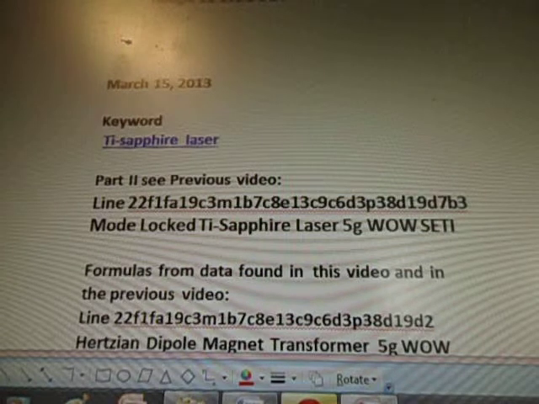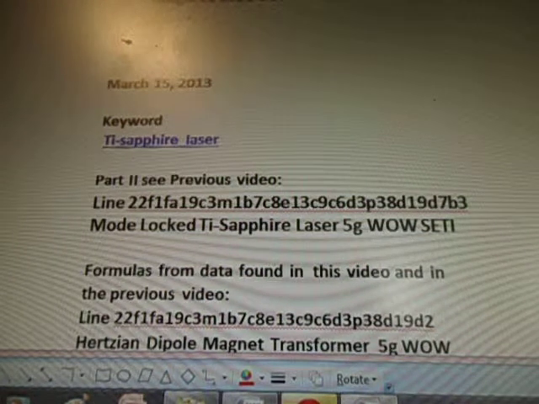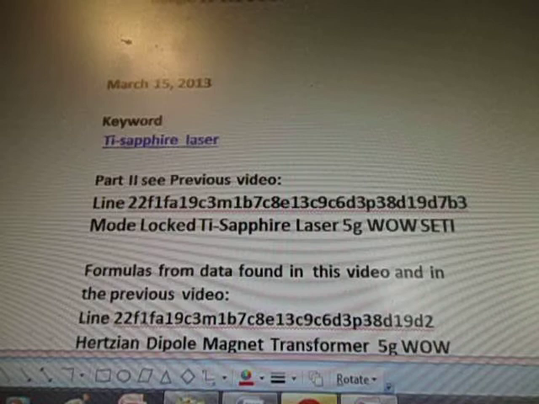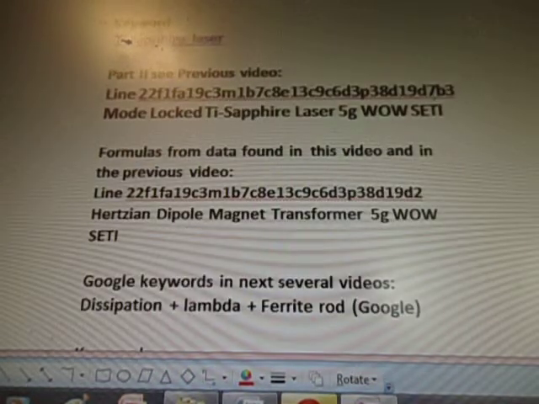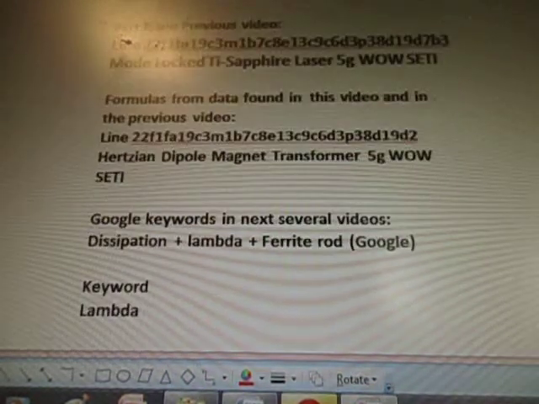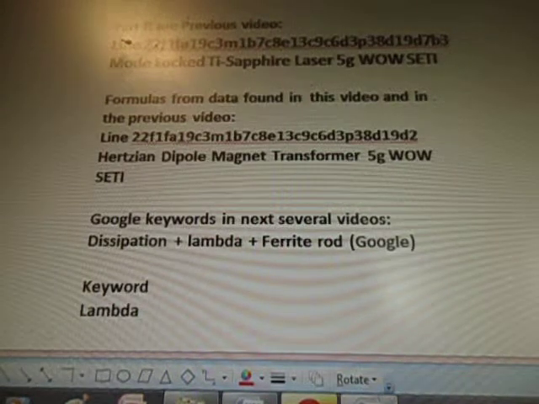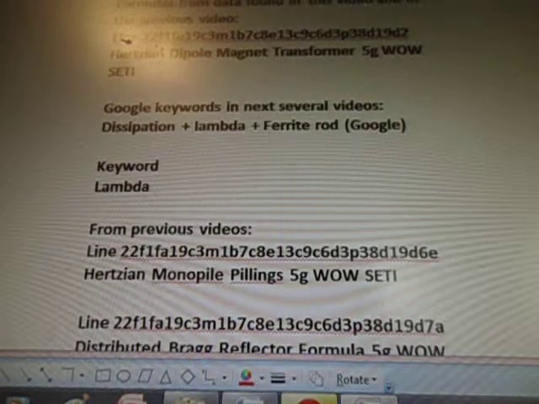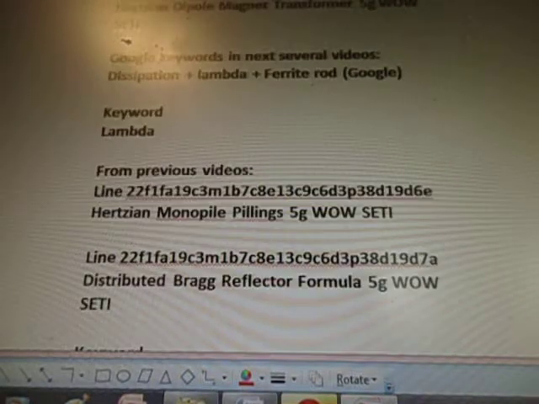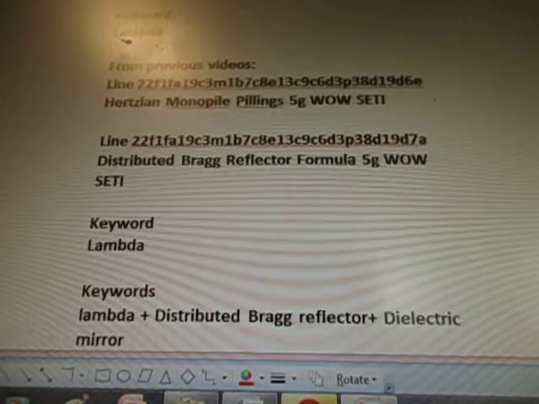Part 2, see the previous video, line 22f1fa19c3m1b7c8E13c9c6D3p38d19d7b3. Mode locked Ti-sapphire laser 5G Wow Seti. Formulas are from the data from previous videos, line 22f1fa19c3m1b7c8E13c9c6D3p38d19d2. Hertzian Dipole magnet transformer 5G Wow Seti. Then we're looking at the keywords of dissipation, Lambda, and Ferrite rod. For Lambda, that was in the previous video, line